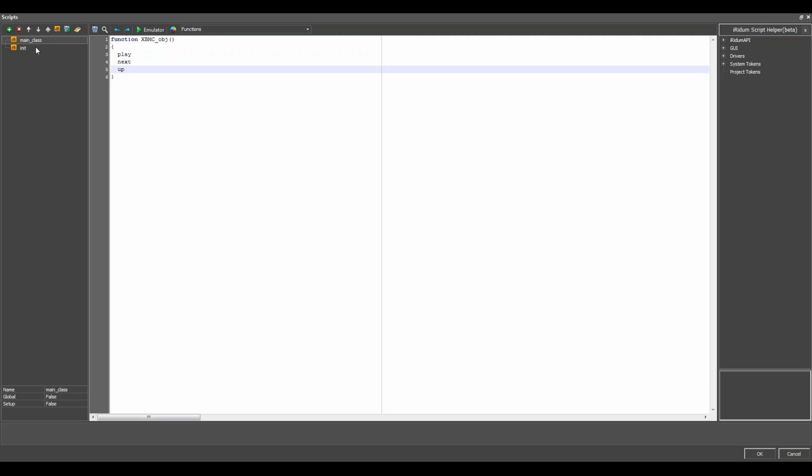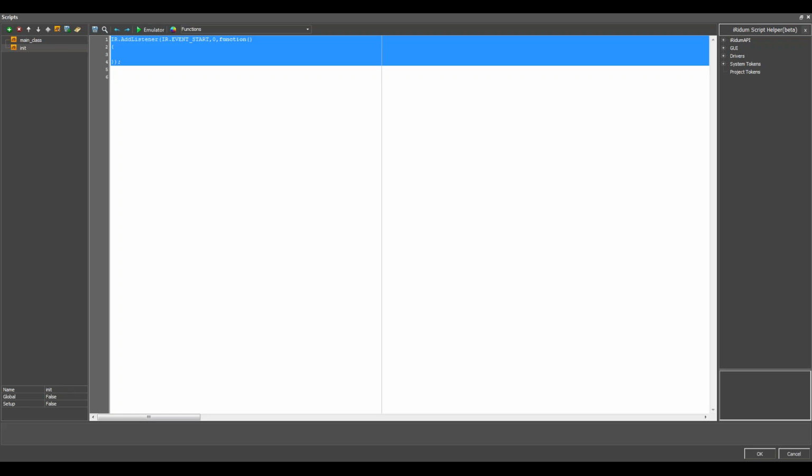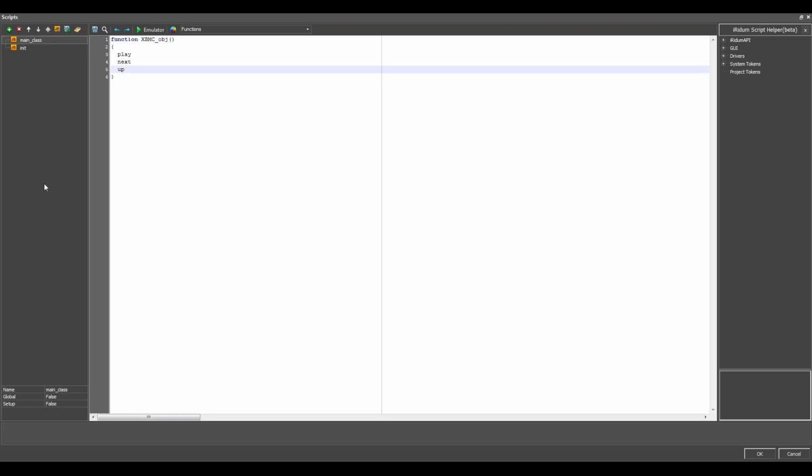So it is as in object programming. So in main class, we have a new property. It is a global property, and we should set it true because in that script file we have the main object, and i3 config should not copy that JS file.